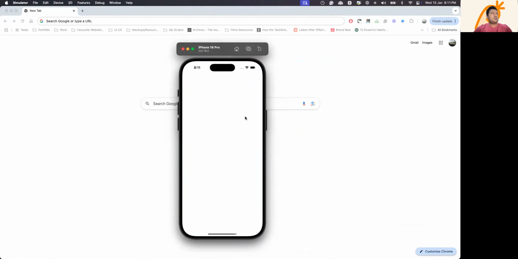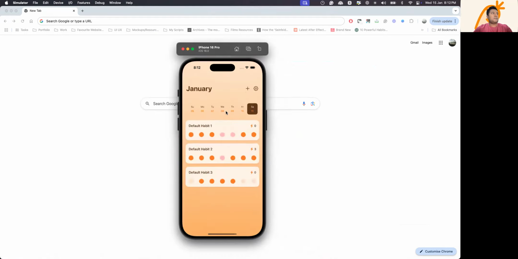Oh, it's installing now. Sorry, hang on. It will just take a couple of more seconds. Yeah. So if I click on plus, yeah, nothing is happening. Okay, so if I click on plus, the habit card is added, but